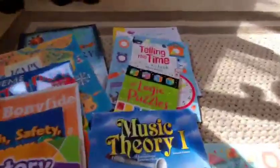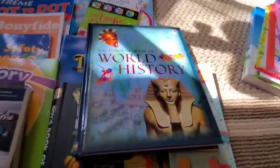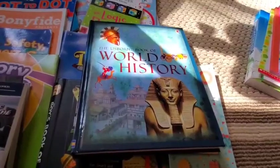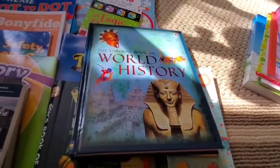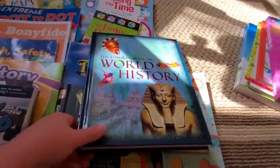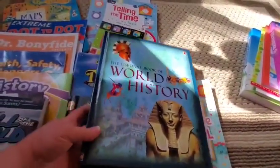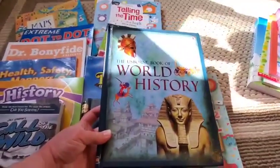And for that, I picked up this encyclopedia. It's the one we actually used this year and I got from our school. I went ahead and picked it up so I had it because it's the main book. And that way we just have ours so they can go through it and I don't have to worry about it getting messed up or anything like that. So I did pick up the Usborne Book of World History to go with our next